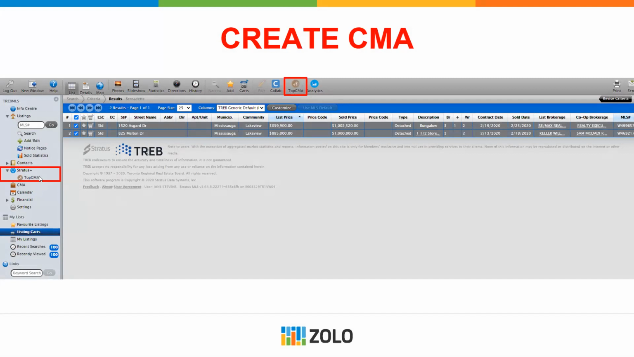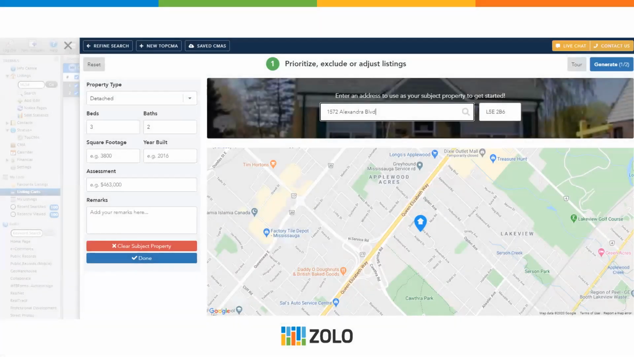So I always like to recommend things that are free. The previous slide that I just showed you, that PDF, that's free. But it's worth the $30 to pay for Top CMA, because when you click on your listing cart and you pull those comparables from your listing cart into your CMA, if you click Top CMA, it's going to take you to a more interactive